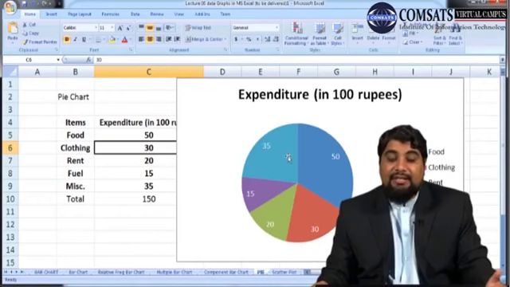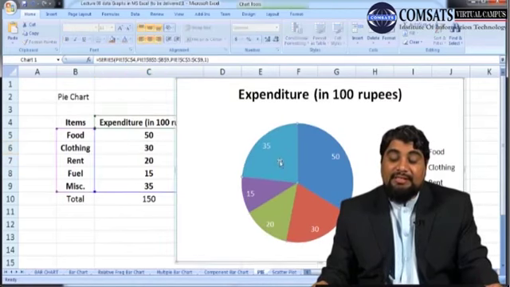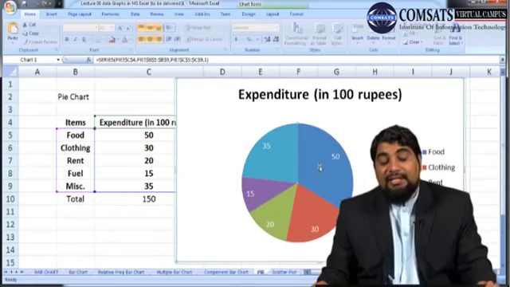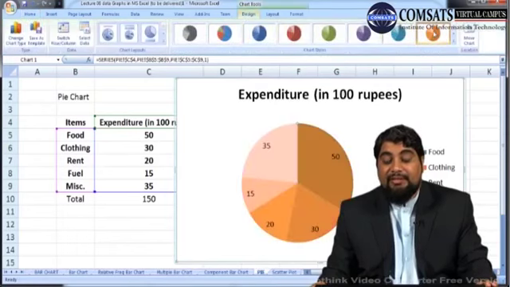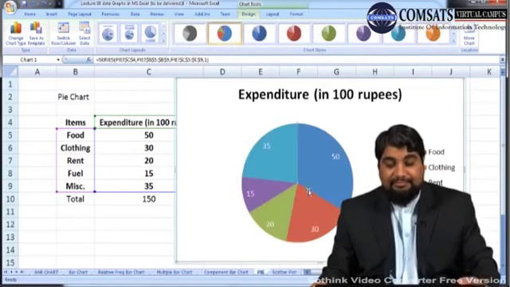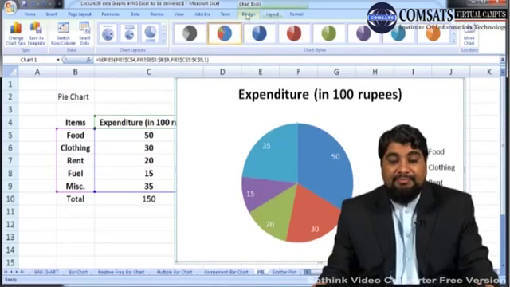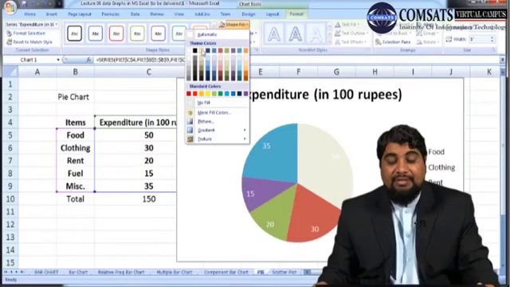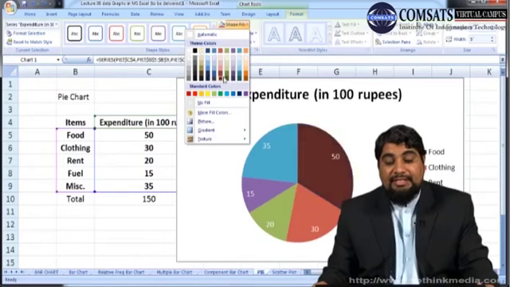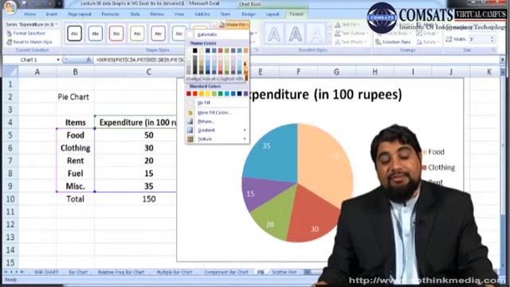You can even change the color of any of these circular regions, which are called sectors. Select any portion. I have selected this 50, so go to design and select this, go to fill shape, so you can change the color here of any of your choice.